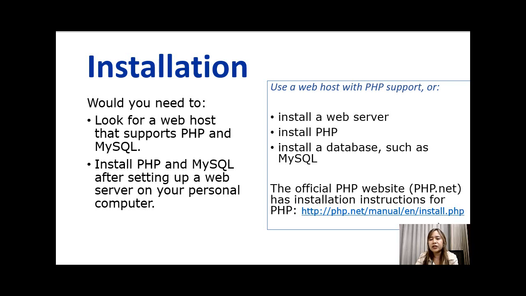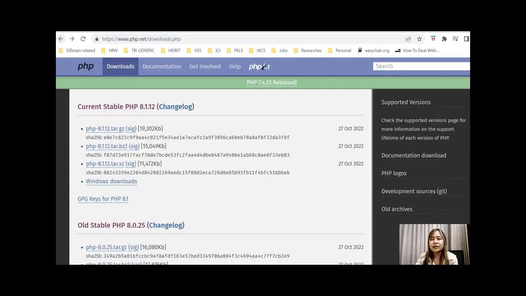The official PHP website was already shared in the previous slide. That's php.net, and here on your screen are the installation instructions for PHP, in case you want to understand the manual installation further. You have already seen this. Now this is the website for downloading PHP. As you can see here, the current stable version is 8.1.12,